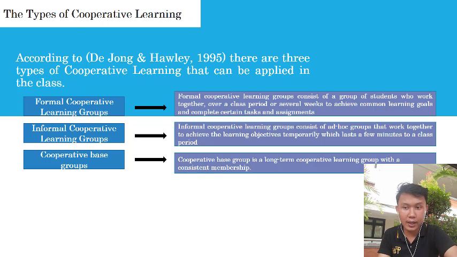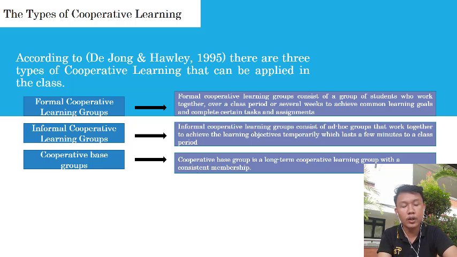And there are 3 types of cooperative learning. The first one is formal cooperative learning groups, the second one is informal cooperative learning groups, and the last one is cooperative base groups. The formal cooperative learning groups consist of a group of students who work together over a class period for several weeks to achieve common learning goals. For example, writing a report, conducting a survey, or an experiment, or answering a question at the end of